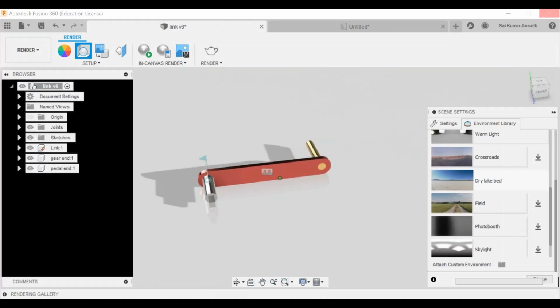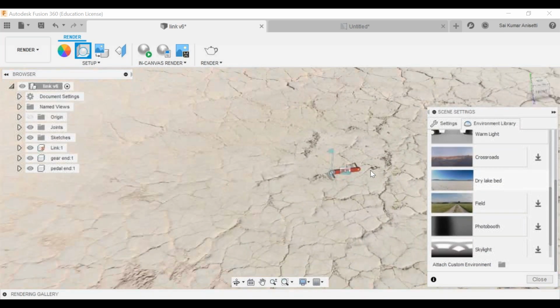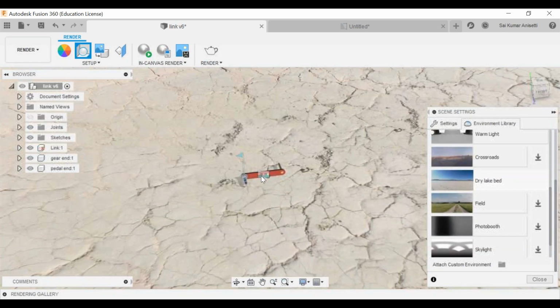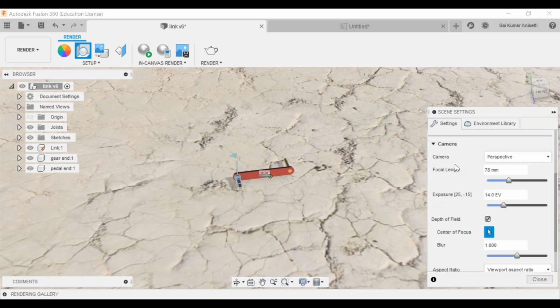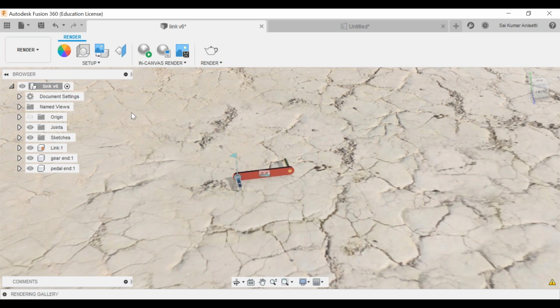As I have said, this is graphics intensive. I mean, you have to have a good LAN connection. Now you have placed your object onto this dry lake or somewhere. You can just zoom out and see, with respect to the actual size, you have this particular size. Go to settings, change your settings and all camera settings, and play with these things. Just close it once you have finished.